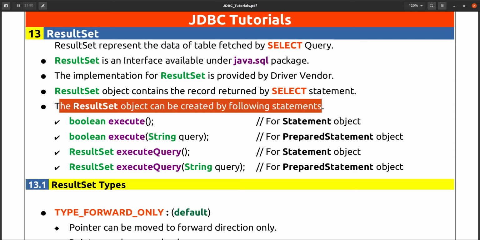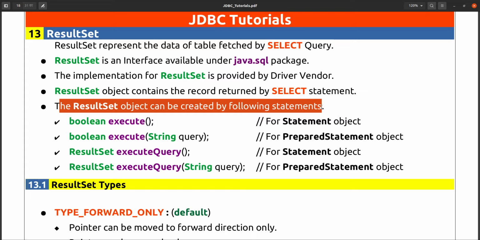executeUpdate is used to execute insert, update or delete type queries, and execute can be used to execute any type of statement, whether select, insert, update or delete.